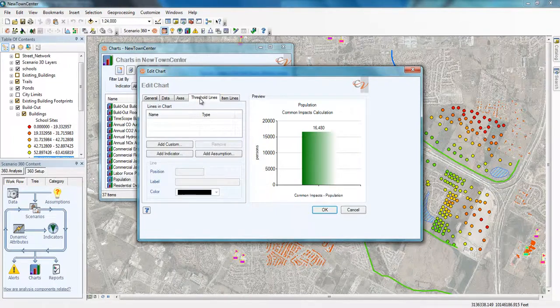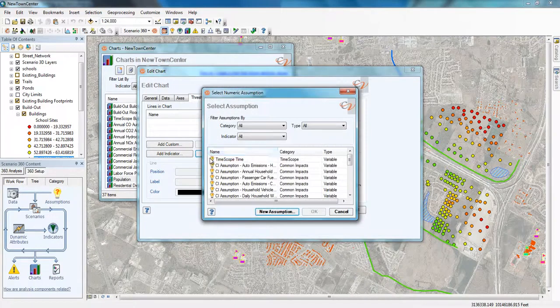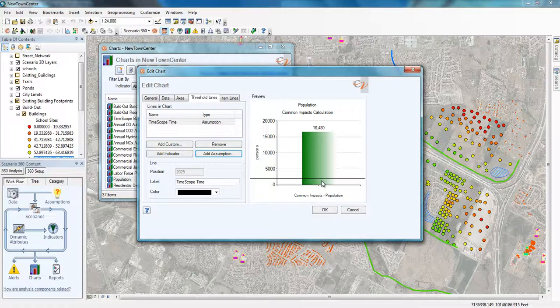You can add optional threshold lines to your chart. Threshold lines cross the entire chart. The level of the threshold line is based on an indicator, an assumption, or a fixed custom value that you type in here. Let's try adding an assumption. Choose the assumption you would like to add, and the threshold line showing the value of that assumption will be